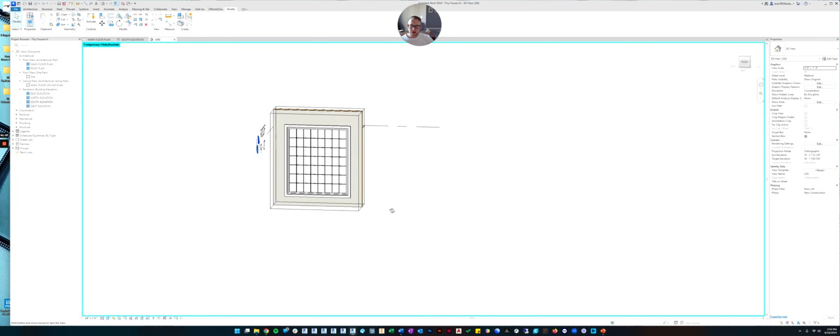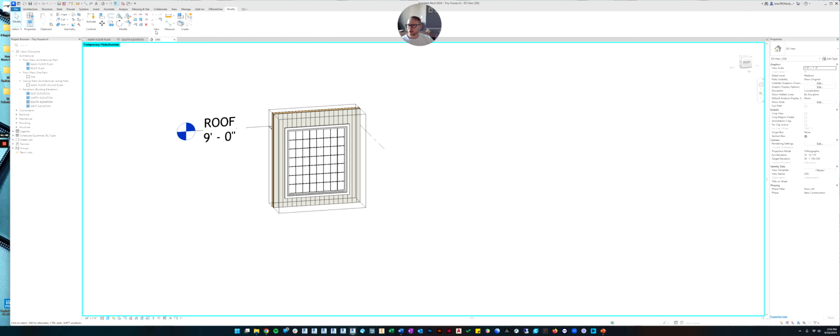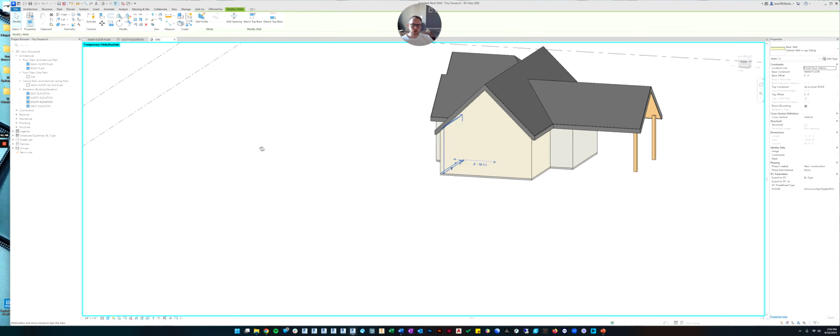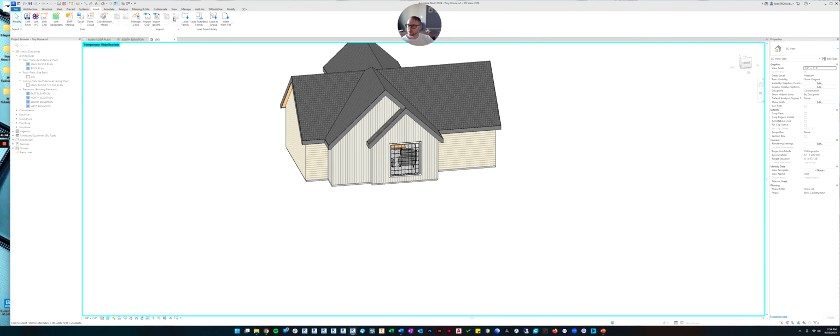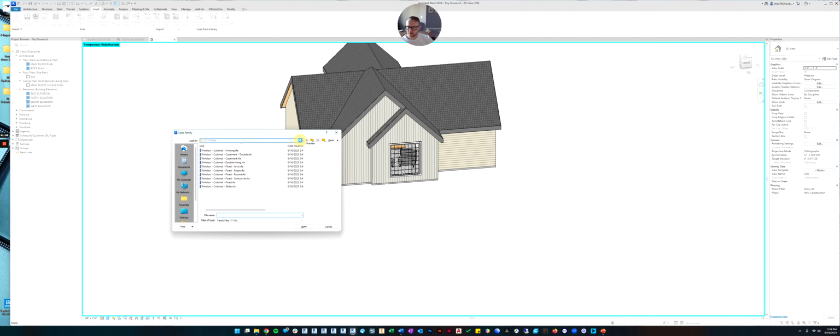I'm not going to keep going into all of that. You can look up the videos if you'd like to see more, but this should get you enough that you can place your doors and windows. Another thing you might want to do is let's load some interior doors. There's all sorts of doors: pocket doors, sliding doors, swinging doors, barn doors, bifolds, things that the Revit library doesn't have, or the Autodesk library doesn't have.